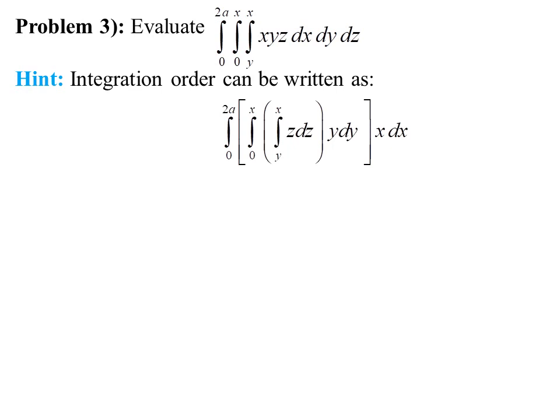Inner integration we are carrying out with respect to z. Then second integration has the limits 0 to x. So as limits are functions of x, the integration must be with respect to y, and the outer integration is 0 to 2a. So obviously that will be limits of x. So we have to carry out the integration with respect to x. So answer is coming out to be 4/3.